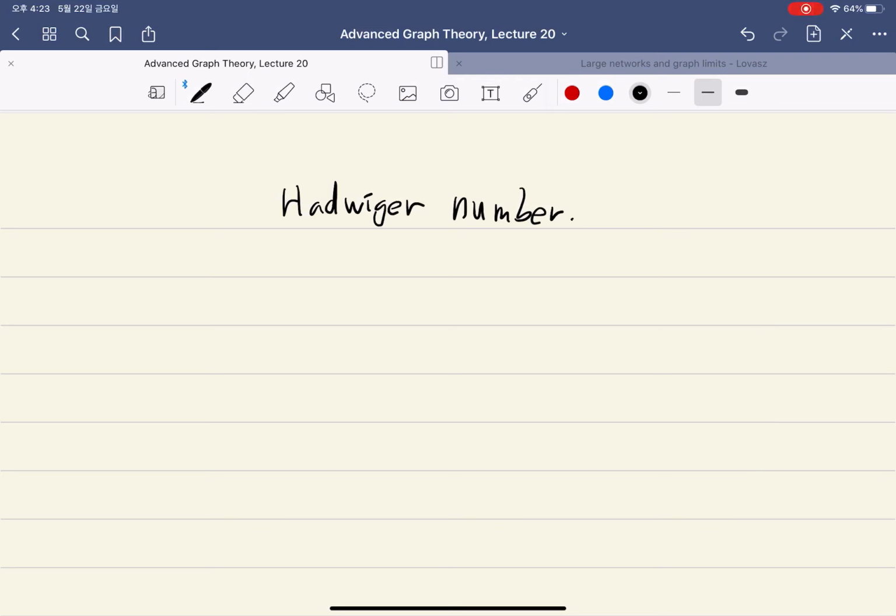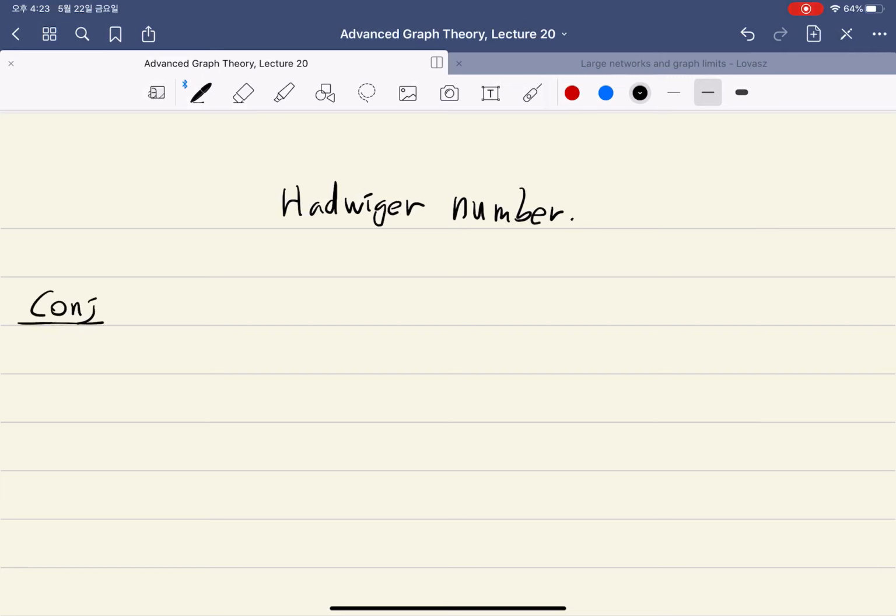So now let's consider the Hadwiger number. One of the important problems in graph theory, one of the well-known problems, is the four-color theorem. The four-color theorem says that any planar graph can be colored with four colors, and it was proven with computer assistance. And there was the Hadwiger conjecture, which